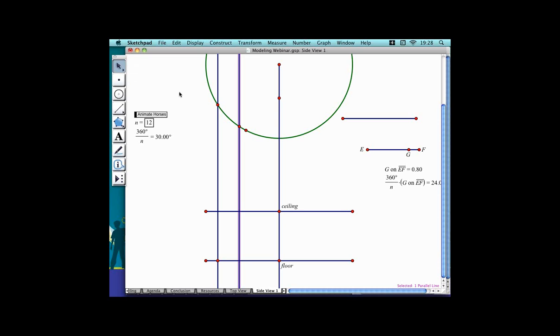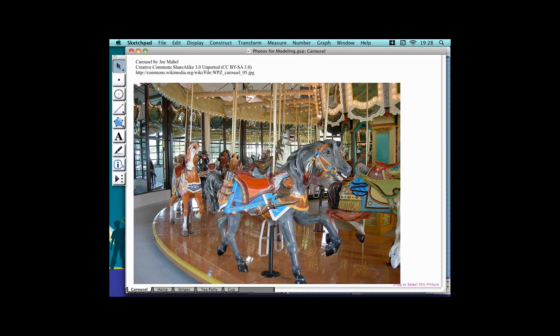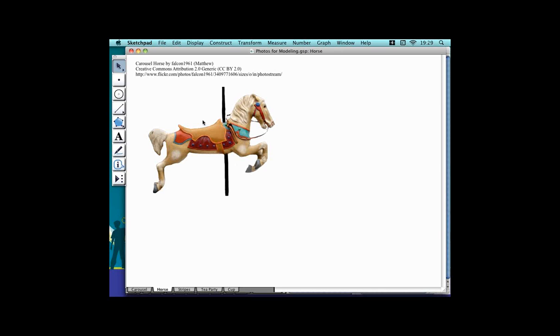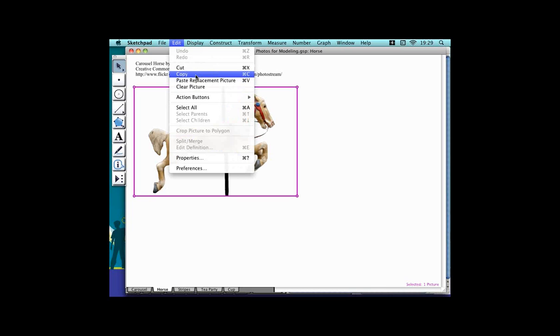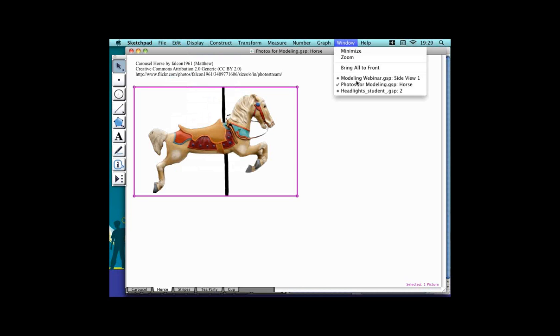All right, so I'm ready to do that. Let me jump over to the window in which I have my photographs. Oh, there's a nice Flickr photograph of a carousel. I don't know if ours will look quite this nice. We'll do our best. And here is a public domain Creative Commons picture of a horse that we're actually going to use. So I will select this horse. I could have, by the way, dragged it from my web browser into Sketchpad. I already have it in Sketchpad, so I'm going to copy it from this page and go back to my carousel